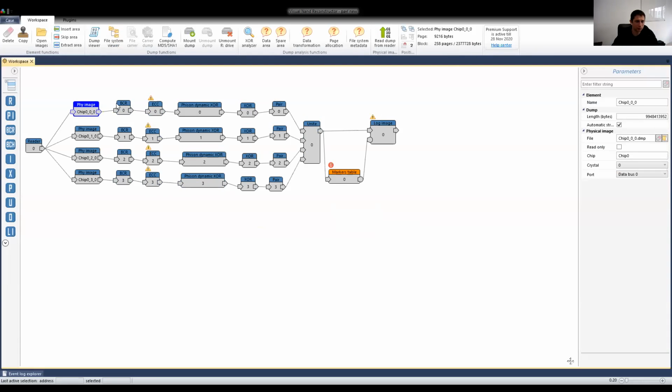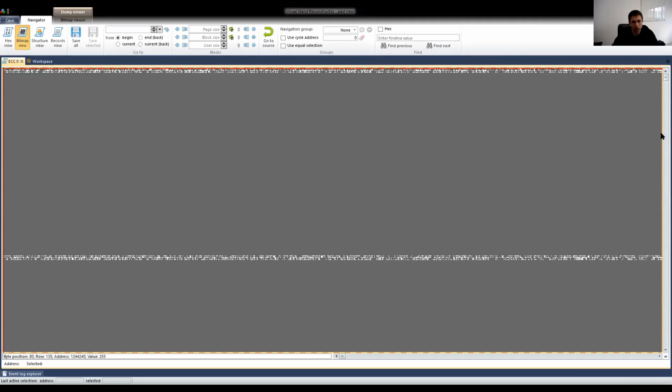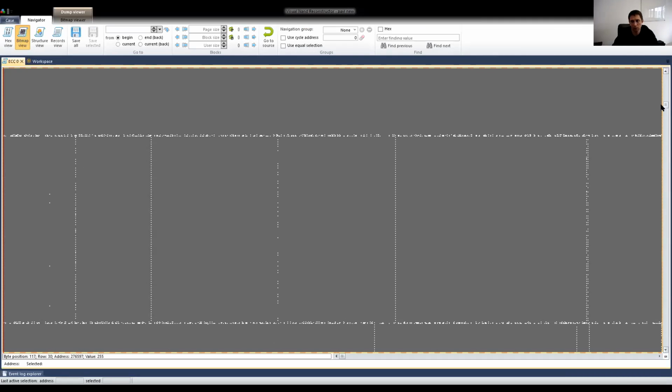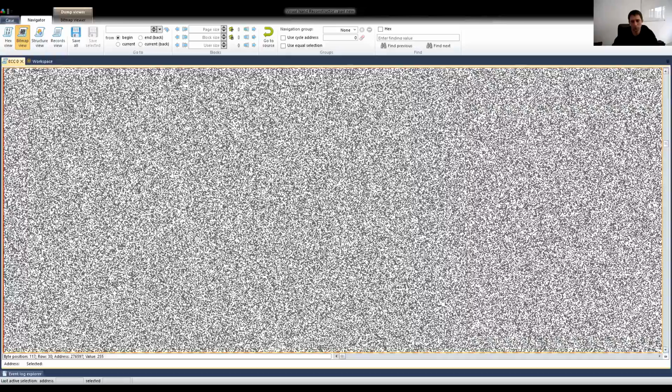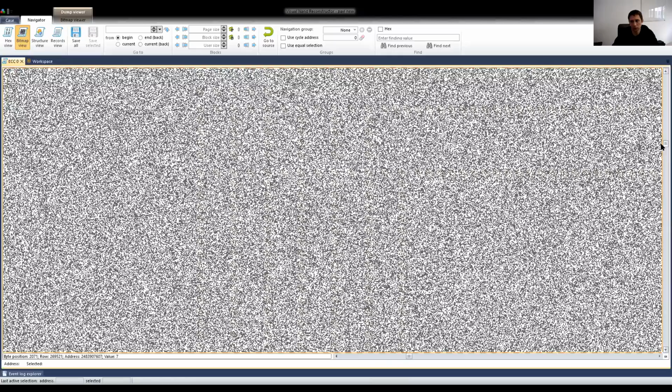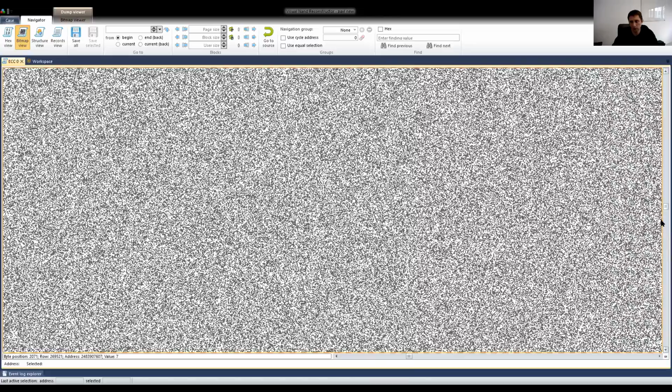So there is the physical image. We apply BCR because there are bad columns here. Then we apply ECC correction. And then, since we know that this is a Phison controller, and this is a micro SD card, there could